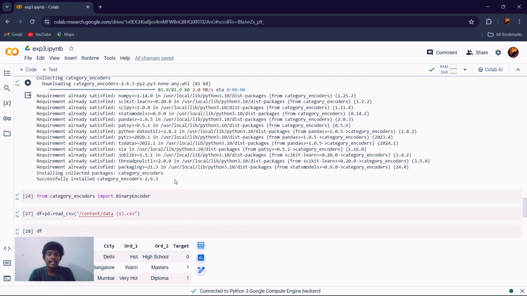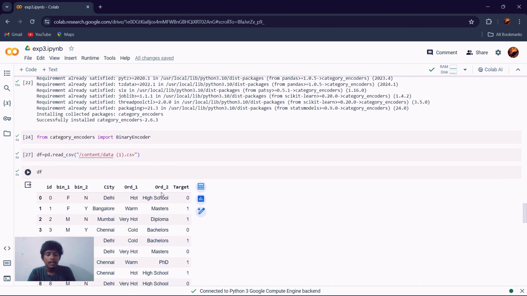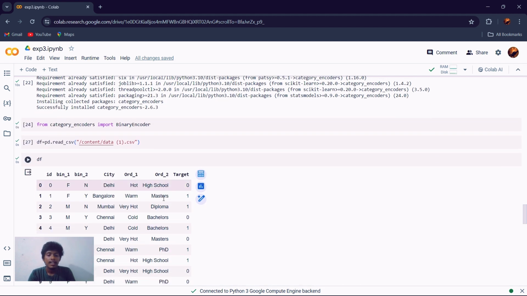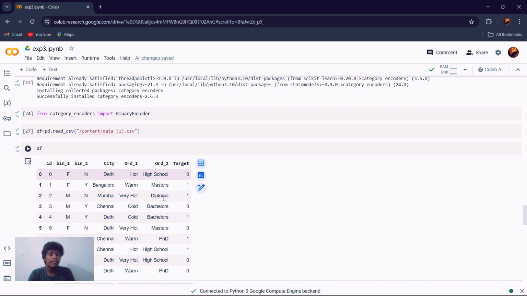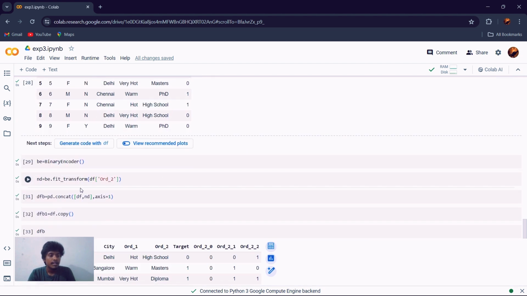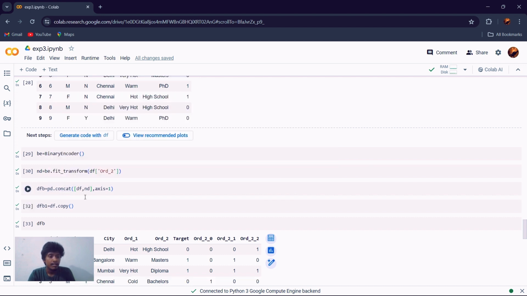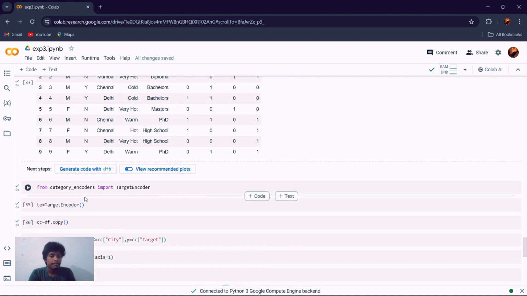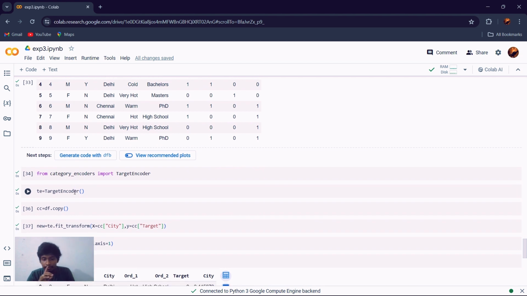The binary encoder from category encoders is used to encode the ord2 column in the data frame df. The encoded values are then concatenated with df2 from df, as dfb. So here we can see dfb. We just confirm that we concatenated df2 with dfb. After that, we are using the target encoder, which we imported from category encoders, to